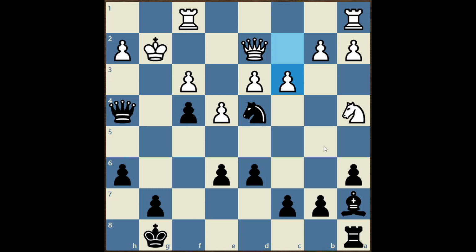Okay, so the winning idea is actually knight takes f3, another sacrifice of a piece, this time a minor piece, because there's really no good way for my opponent to deal with this threat. This is actually a decisive sacrifice. For example, I thought